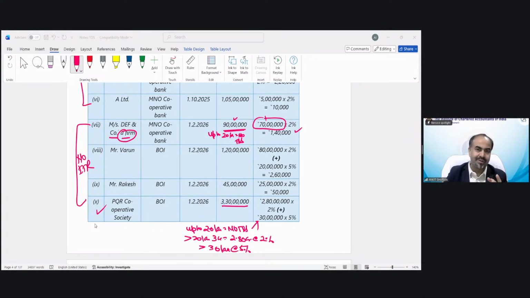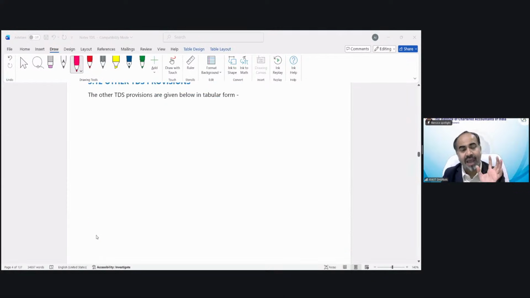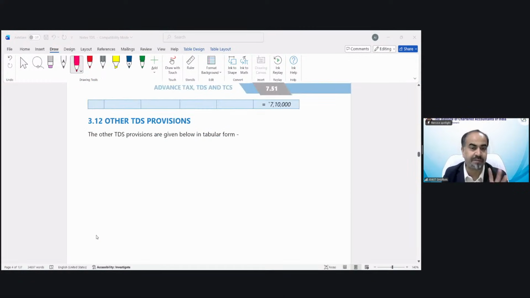But there are other reasons also. We need tax collection for our infrastructure on a regular basis, and to avoid tax evasion. Because if I am not paying tax regularly now, maybe I will not pay at the time of filing of return, etc. So there are multiple reasons behind it, but the major one is extra revenue. So those were about section 194N.